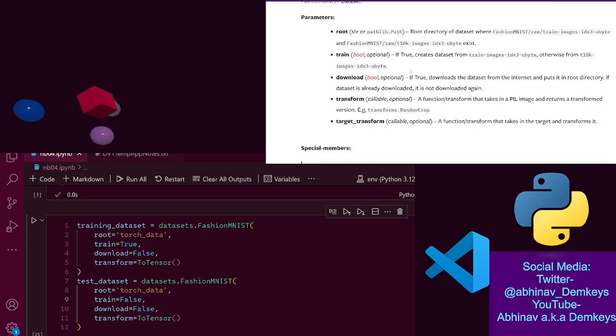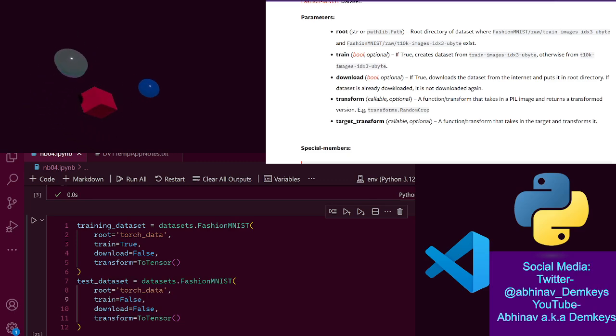Train, optional. If true, creates a data set from train images. Otherwise, creates it from test images. Oh, okay. So they have separate sets for training and testing, and that's all part of the 60,000 images,